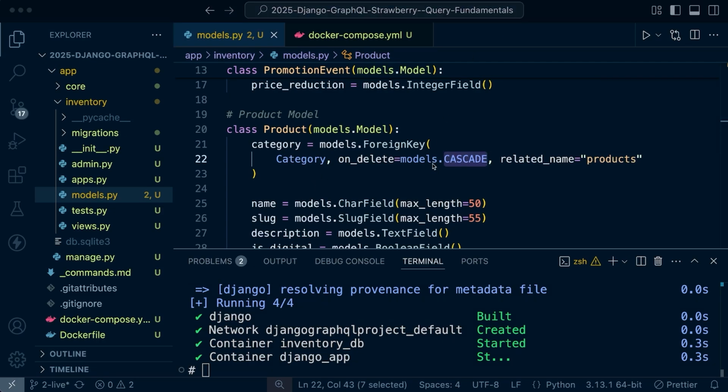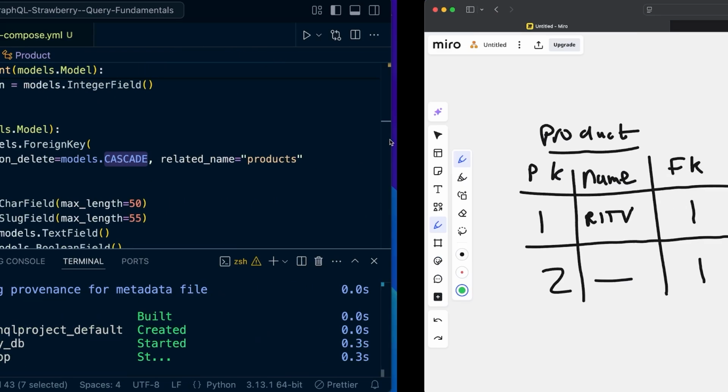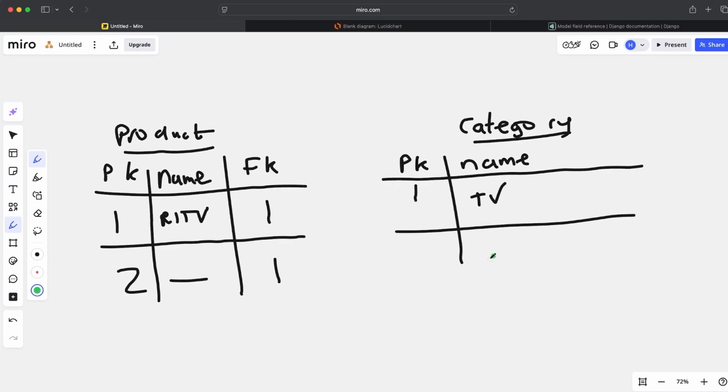Right, so you're going to need to specify that for any foreign keys that you create. And then the related name here allows us to access the reverse relationship from the category side. So for example, if you have a category object, you can then get its related products by using this related name. So this is just a nice friendly way of enabling us to actually work with the category data and